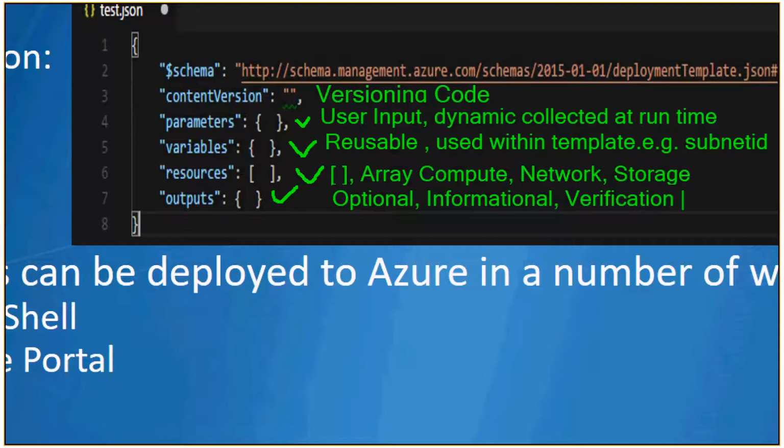You might not need it in the initial time of using an ARM template, but progressively, as and when your scenario gets complex, you might use this particular option provided by the ARM template. All right, good. Ashish,